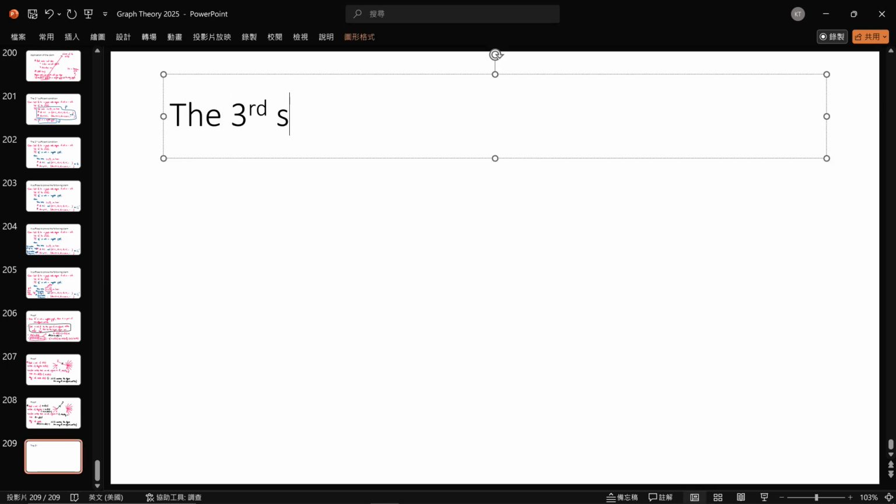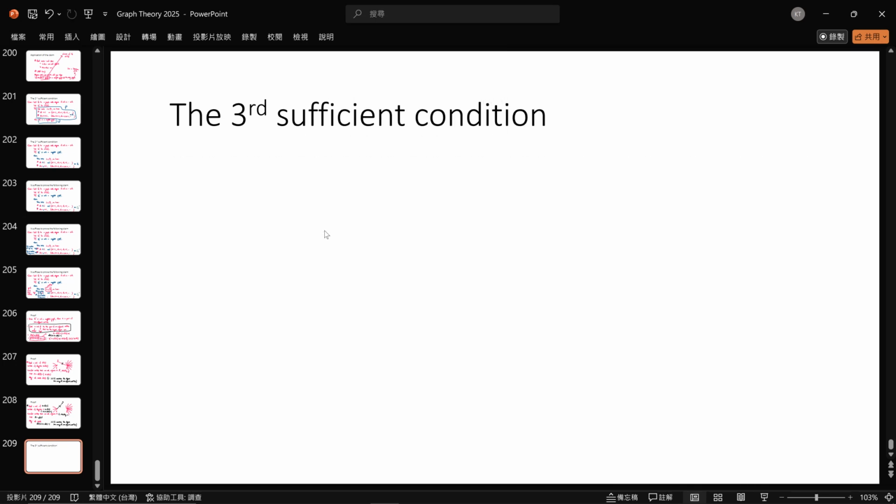Okay, so next, the third sufficient condition. For this third and final sufficient condition, we need a new idea. The previous two sufficient conditions are based on the idea of first finding a maximal path and finding a cycle that contains the vertices on the path. So for the last sufficient condition, the high-level idea is to keep finding